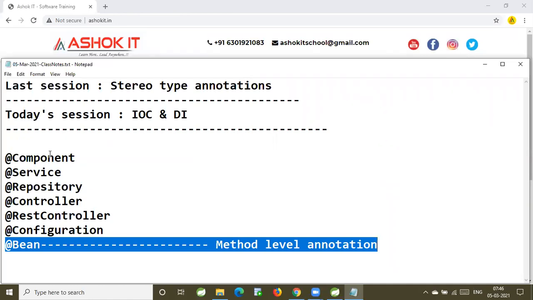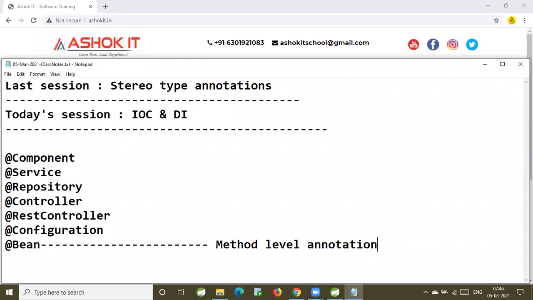If you don't want the IOC container to create the object for your class and you want to manage the dependency, if you want to create the object on your own, then you go for the @Bean annotation, that is a method level annotation.